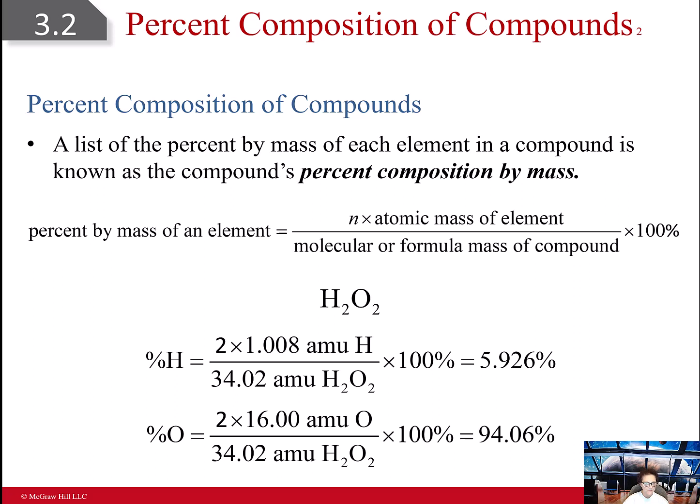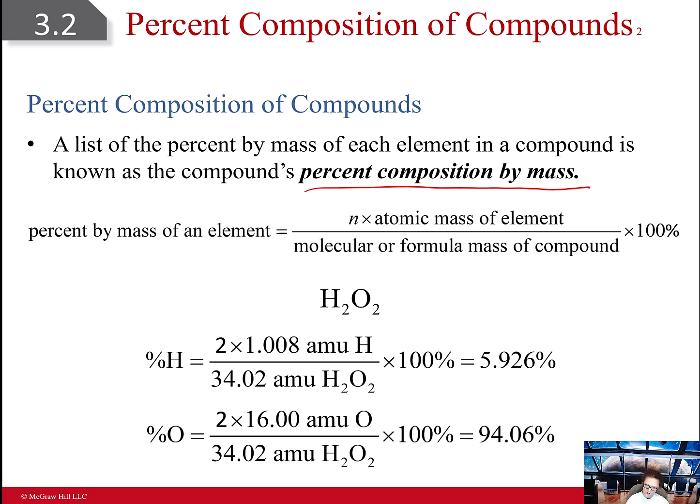Percent composition is where we look at the percent by mass of each element that's in a compound. So we take the mass of each element, the total that's in the formula, and then we divide it by the total formula mass or molecular mass times 100, and that just gives us the percent